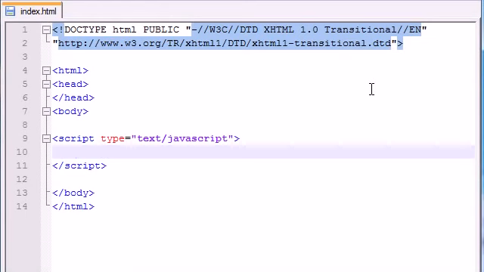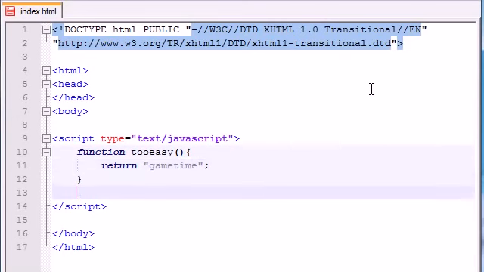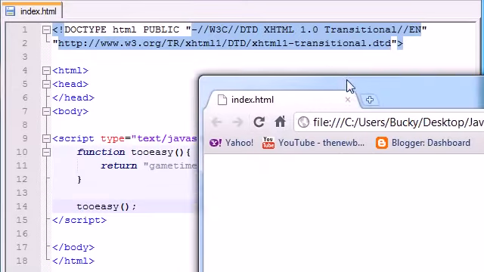So let's go ahead and make the most basic function we can with the most basic return statement. Let's name this function tooEasy, because this is going to be extremely easy, not even going to take any parameters. And let's just return some text, "game time". So now whenever we call this function tooEasy and try to run it, nothing happens because by default,